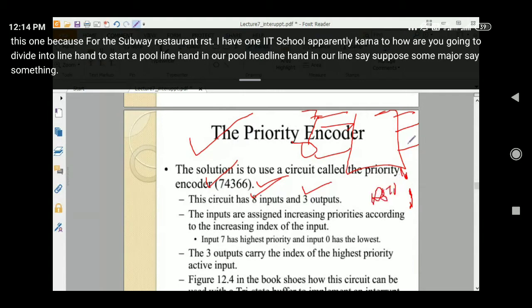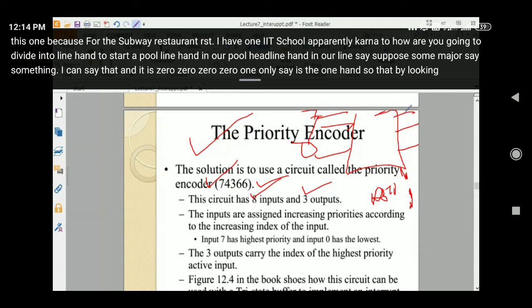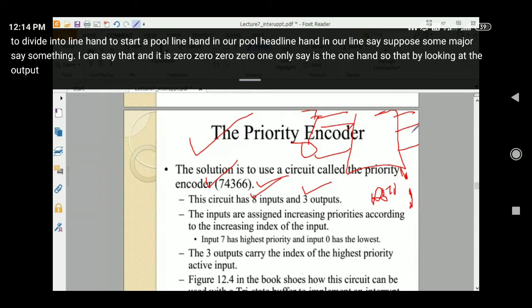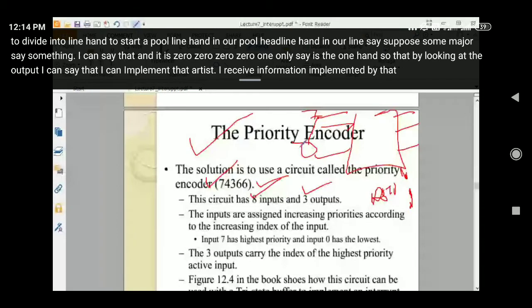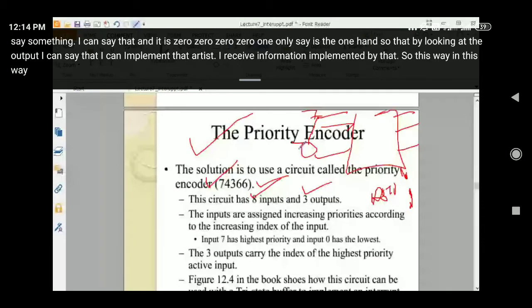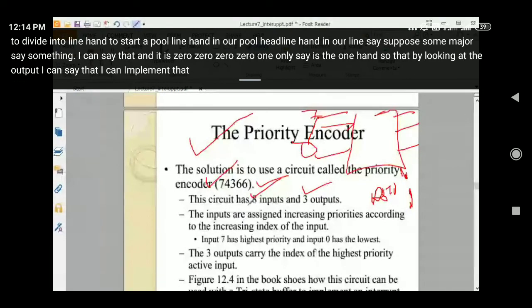I can say that, and it is 0 0 0 1 होने से RST 1 है. So that by looking at the output, I can say that I can implement that RST information implement कर पाएगा. So in this way, we can use the RST information.